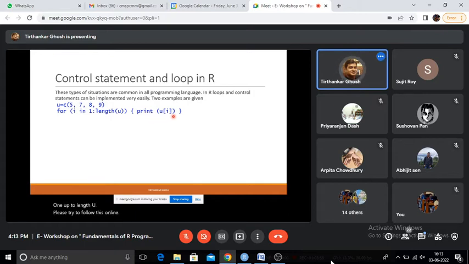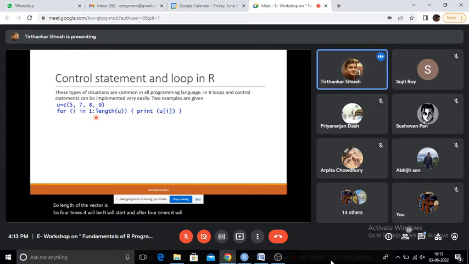Print u[i], meaning it should print starting from the first element and going up to the length of the vector. The length of the vector is 4. So it will run 4 times, and after 4 times it will stop.